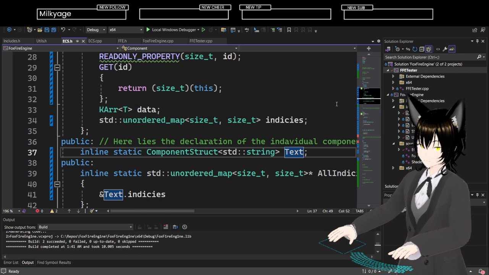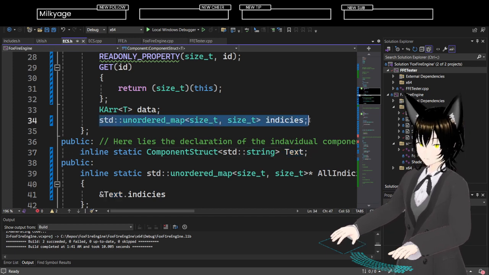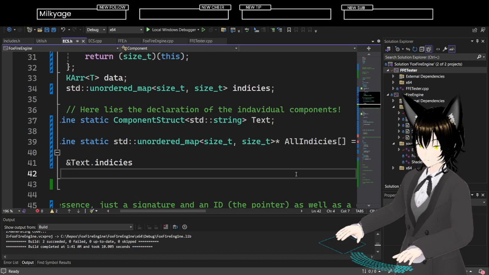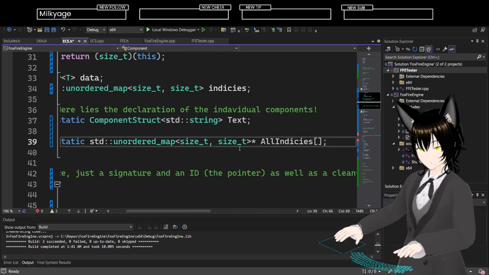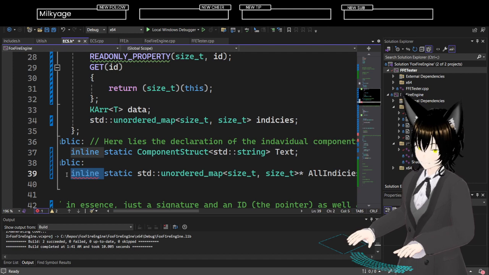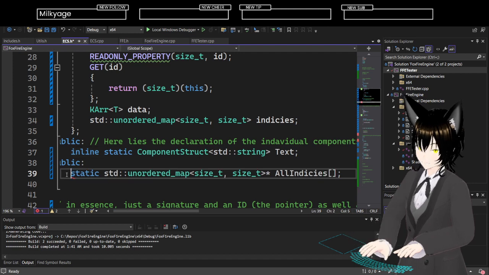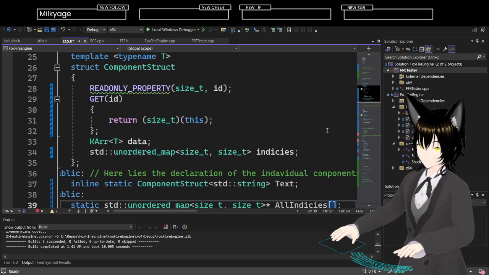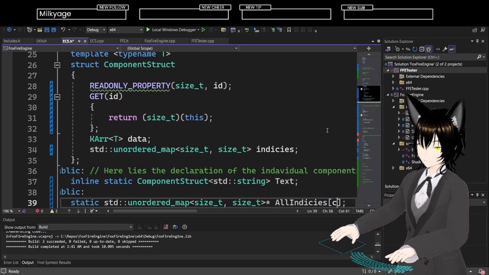All of these are the same type, which means that instead of this, I can remove the inline and do count.